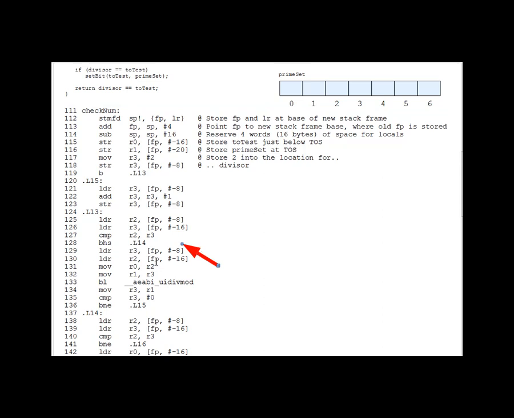So with that in mind, it should be fairly clear that we are comparing divisor at offset -8 to toTest at offset -16, and we are going to jump out of the loop if the test shows that divisor is greater than or equal to toTest, higher or same. So this is doing the first part of the loop test up in the